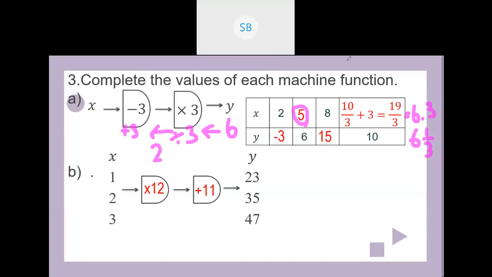Okay, someone asked me, how do I get 10 per 3? When we already have the output, we have to work from the back. Now we have the output, which is 10. So I write 10 here for the value of y, because y equals 10. If we are going to find the input, we have to work from the back, using the opposite. This is times 3. The opposite of times 3 is divided by 3.